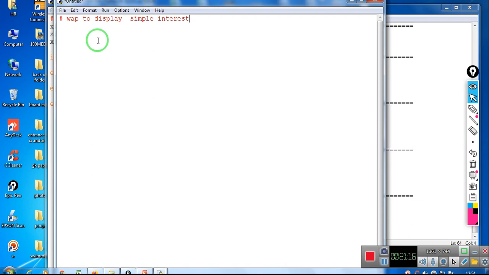So all of you know the simple interest. Simple interest is equal to P into R into T divided by 100: principal, rate, and time, divided by 100. So let's take a variable amount, A equal to integer. You can take float also. Input, enter amount,